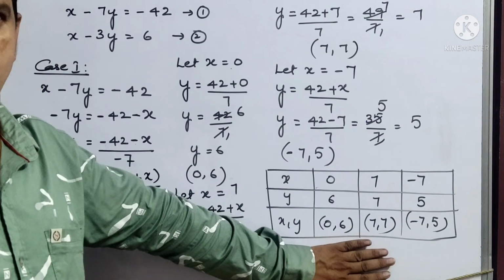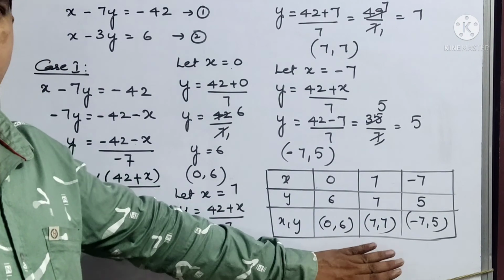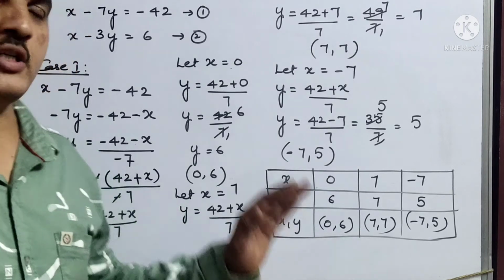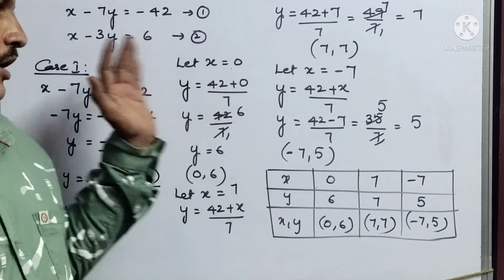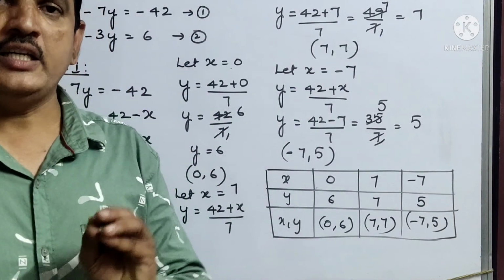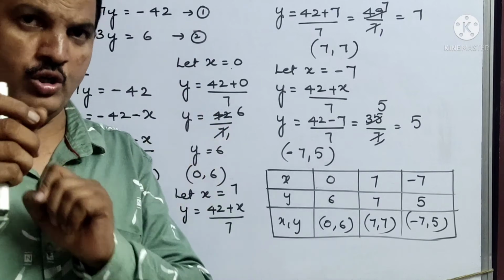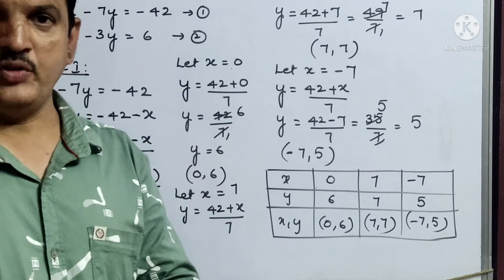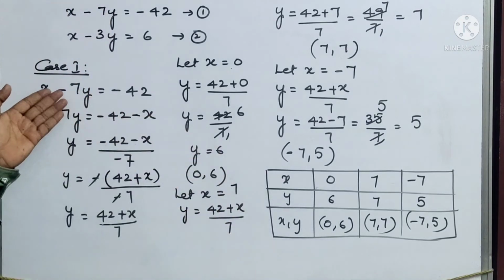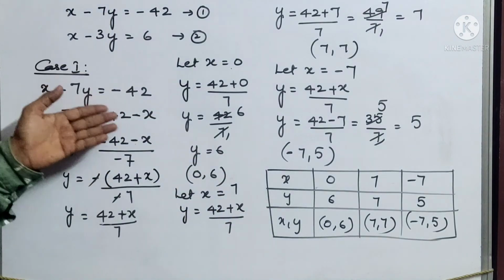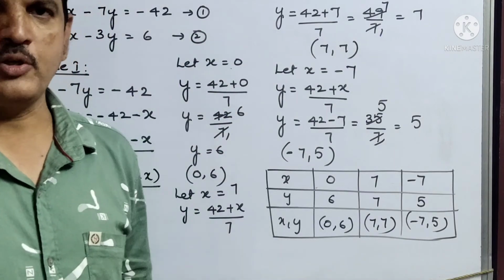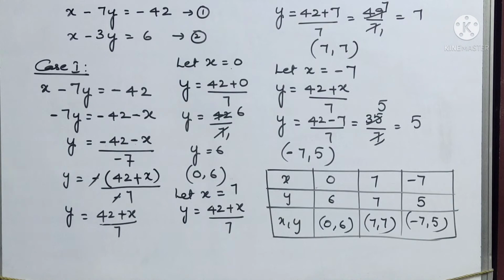I am not erasing this one. Okay, to understand, you just keep this one. Don't worry about me erasing and looking at how to follow the video. Don't worry, listen to the sum first. In the graph, I am going to send you the solution very clearly, so you will understand very nicely. Okay children, I may take x values like 0, 7, or I may take different numbers also, nothing will happen. It depends upon you, as I told you, no? Look very carefully.